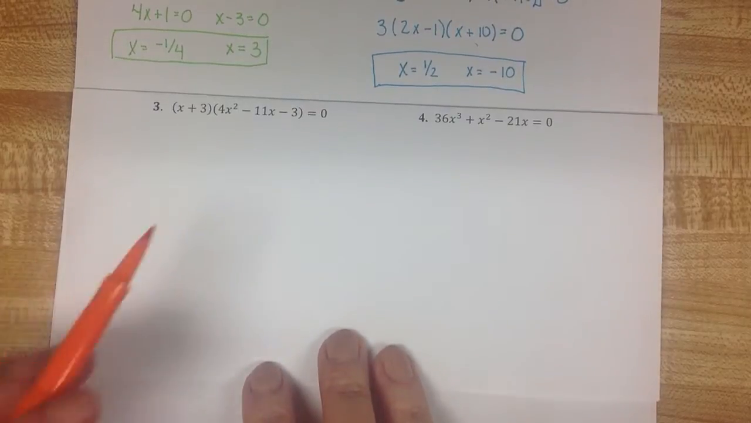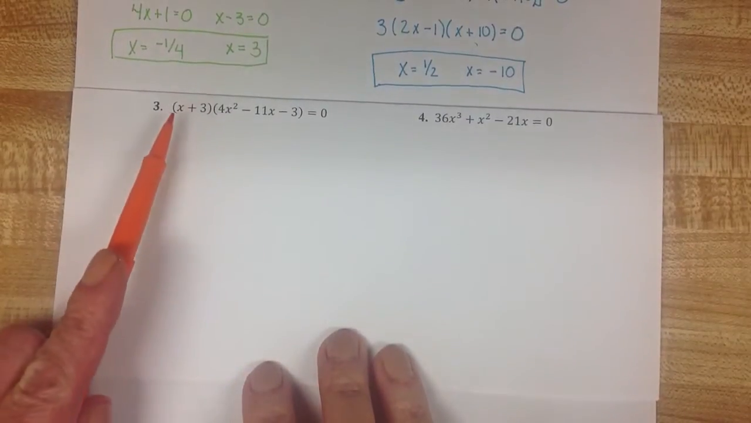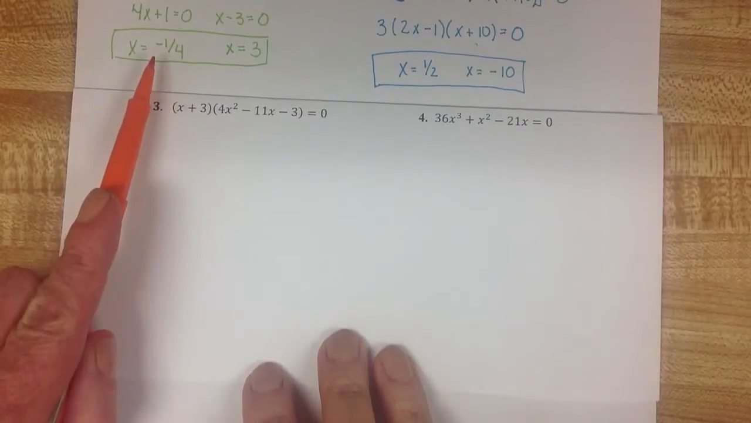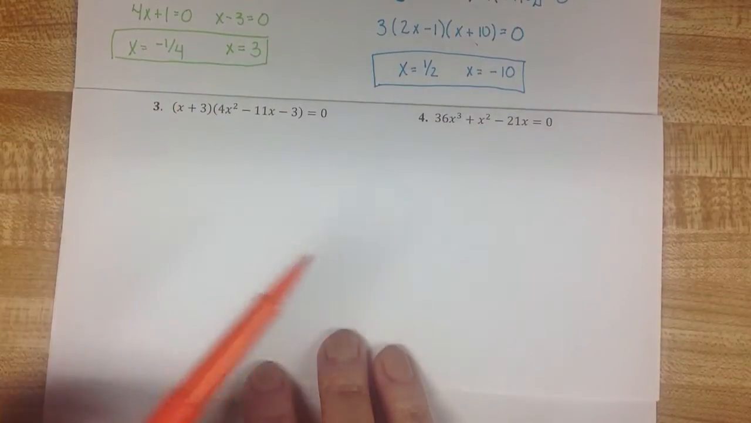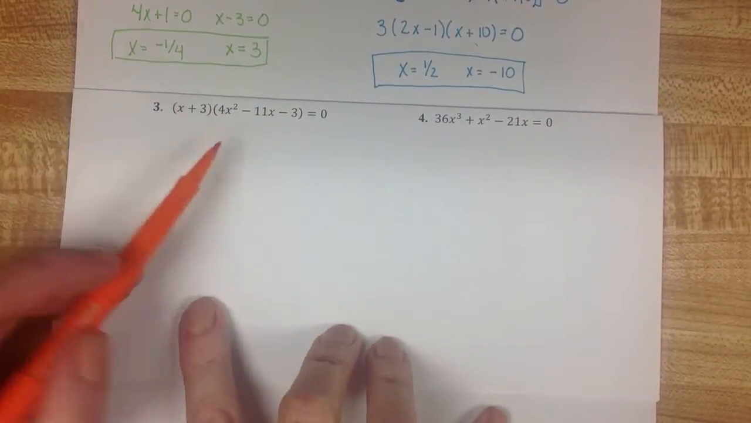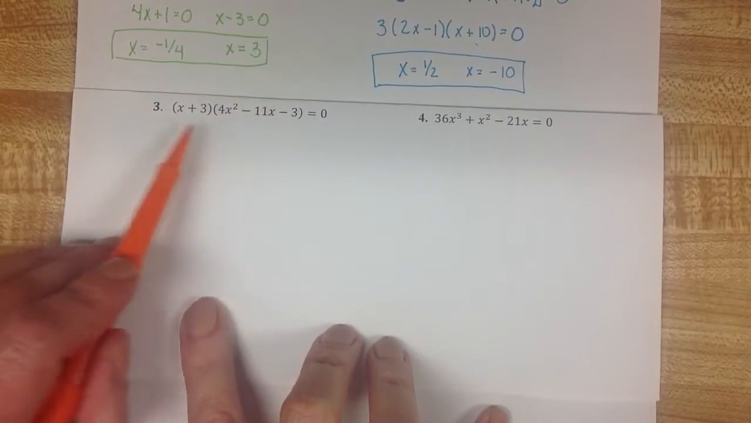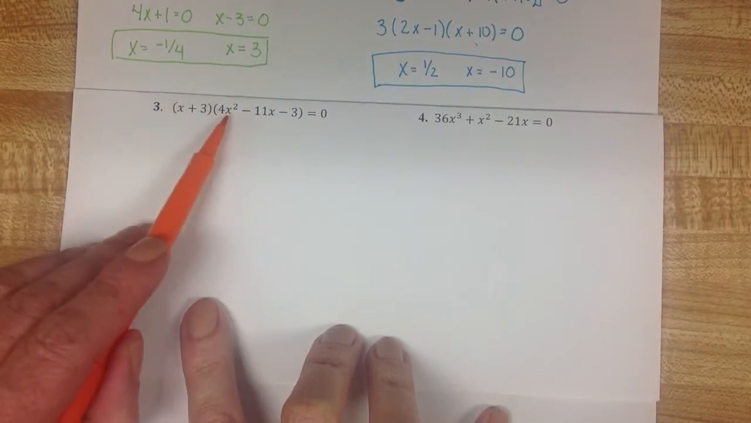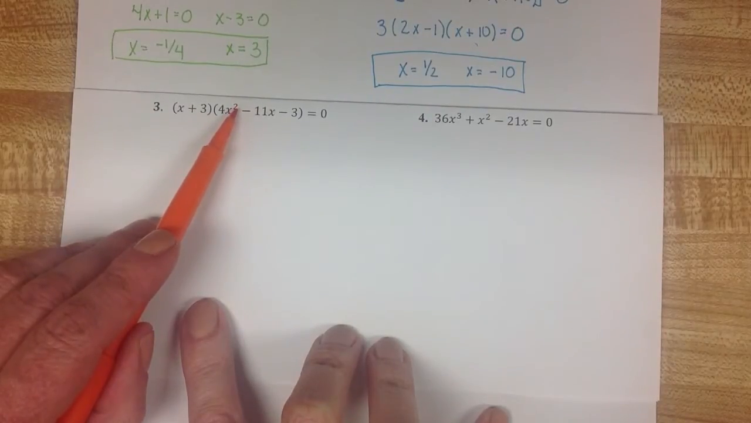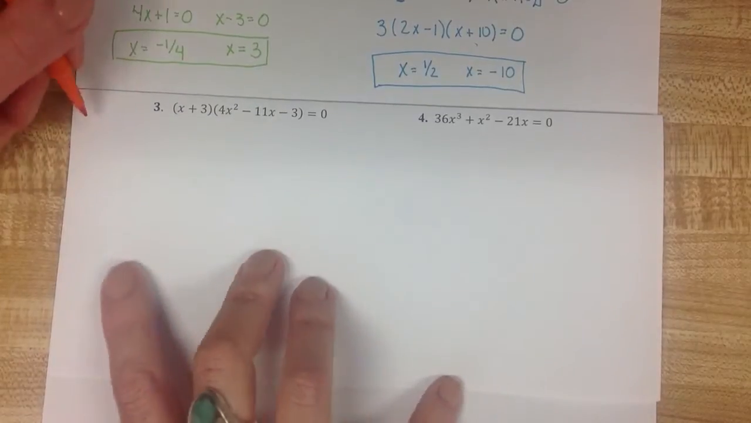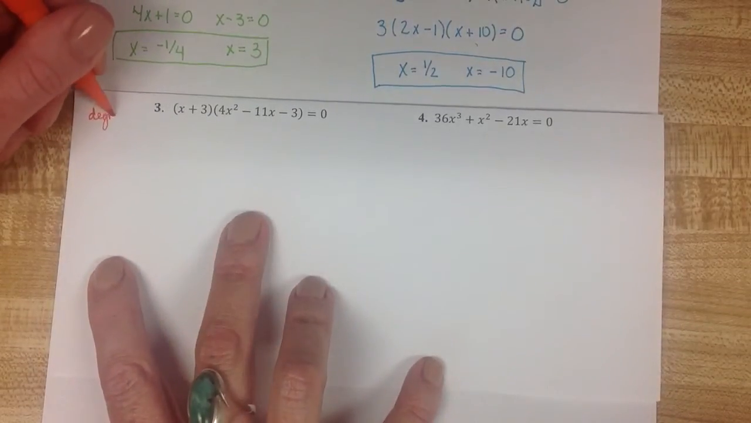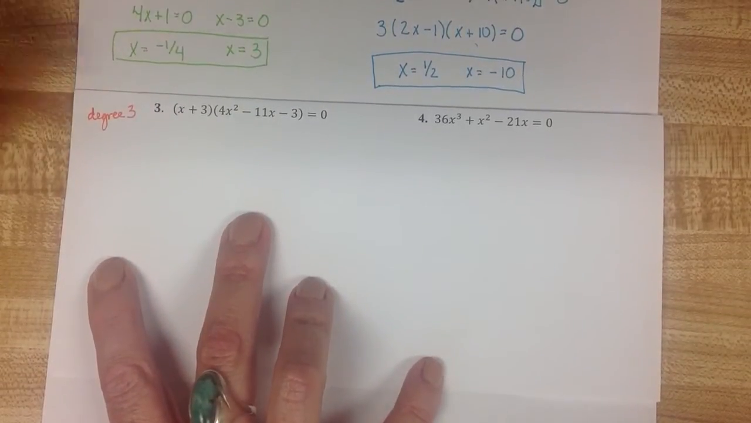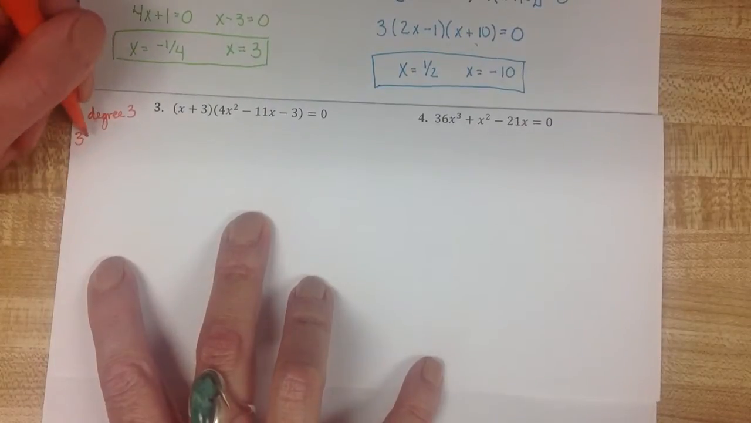In this next example, we're going to be looking for 3 answers instead of just 2 like we have in the previous ones. And the reason for that is that if we were to FOIL this out, to multiply this out, do you see that x times the 4x squared would give us an x to the 3rd power? So we call this polynomial a polynomial of degree 3, which means it can have